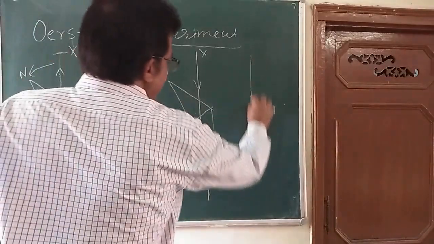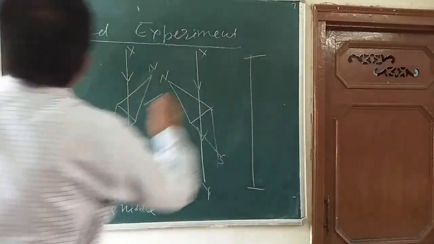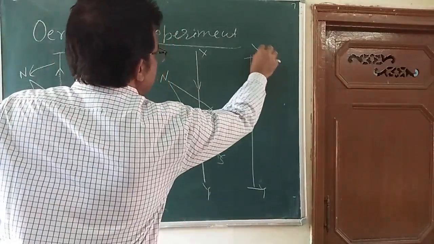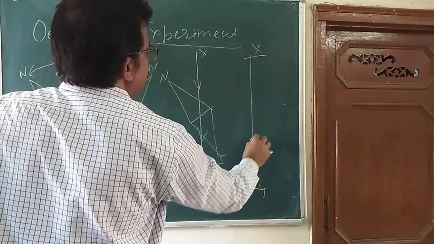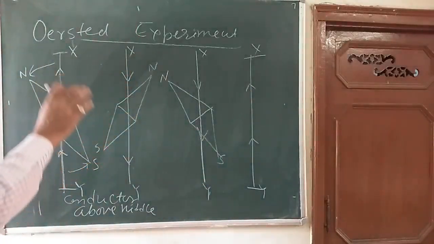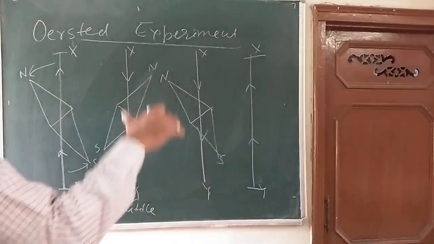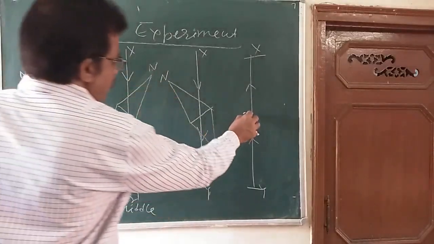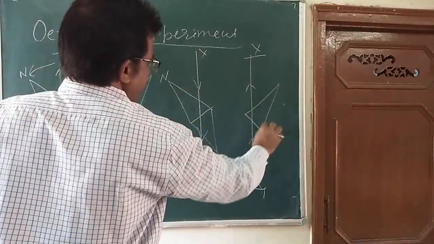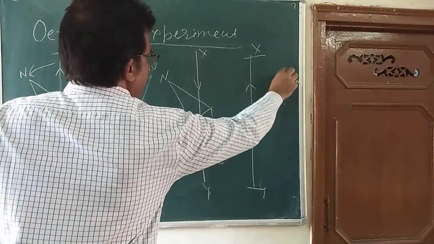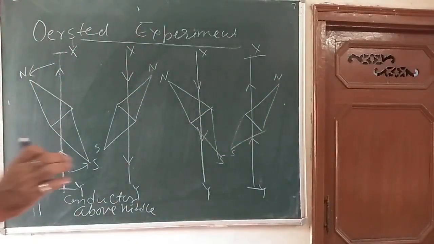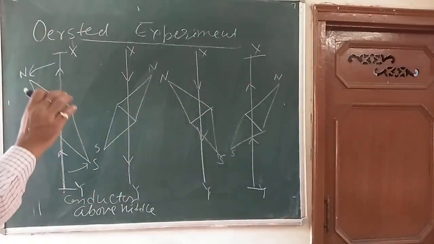Similarly, one more case we can say here. The first case in which the direction of the current is from Y to X, or we are saying the conductor is below the needle. So what we are observing here, इसका उल्टा आ जाएगा. You can say like this, in this manner. So these are the four observations made by Oersted, and he suggested that